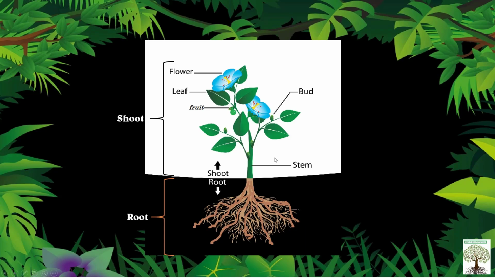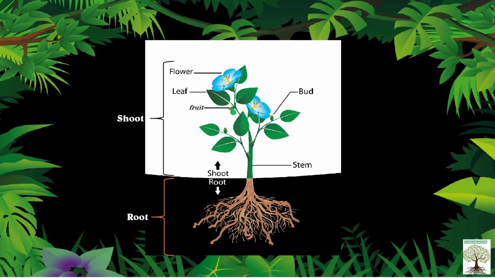Okay, now the function of stem is to carry water and minerals absorbed by the roots to the other parts of the plant. Also to store the food and support the plant above the ground. This is the function of stem. Fruit that we eat, bud that grows into the flower and fruit. This is the flower, and leaf. This is the main part of the plant which carries out photosynthesis, that is the process of making food for the plant itself and for the other living organisms.